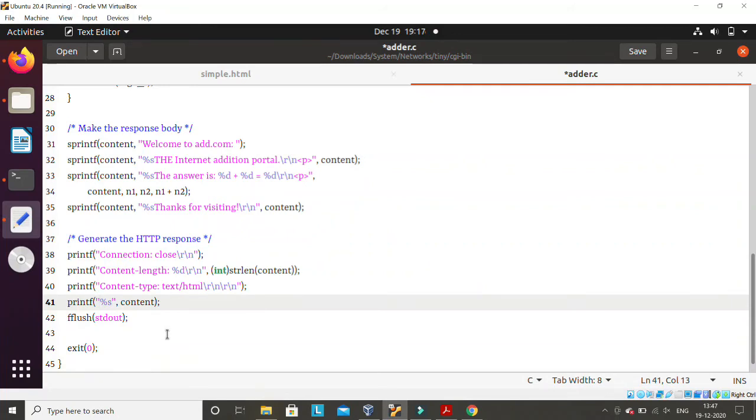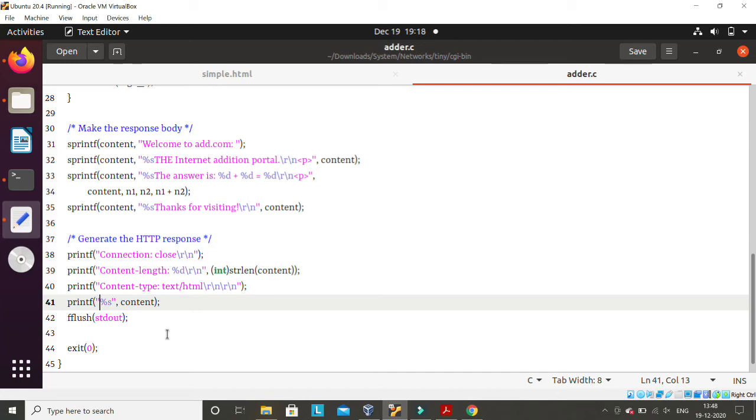So if I run this code, this will print in the standard output of the server, right? Because this program, header.c, is stored in the cgi folder of the server, and I am just trying to print it with printf. So if I print it here, it will print in the standard output of the server. So how, instead of printing in the standard output of the server, does it go to the client? That question will come to your mind. I think if you remember the dup2 function from the previous chapter, then you will understand this.